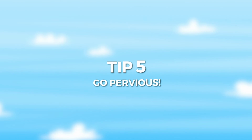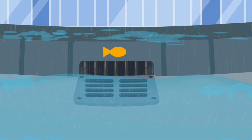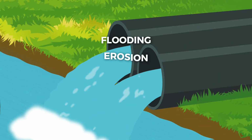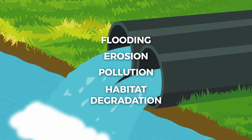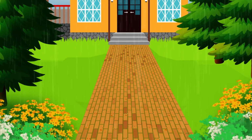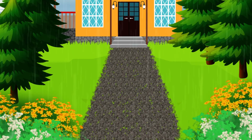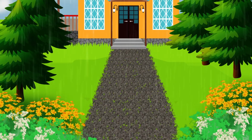Number 5. Go pervious. More impervious surfaces means higher surface runoff into our stormwater system, which can cause flooding, erosion, pollution, and habitat degradation. Choose pervious paving options such as brick, grass, or gravel so the rain can naturally absorb whenever possible, and convert hardscape areas to pervious